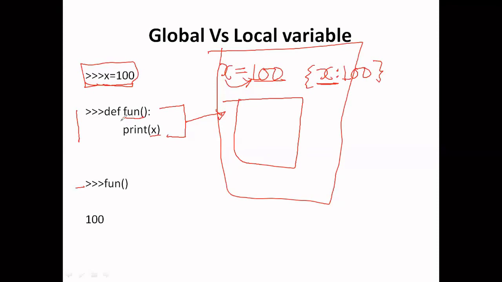So right now I have not declared any variable, but I am accessing this variable x. So first this variable will be searched inside this local namespace, but as it is not found in the local namespace, now it will be searched in the global namespace. So in the global namespace, the variable x is bound to the value 100. So its answer will be 100 for this particular line.